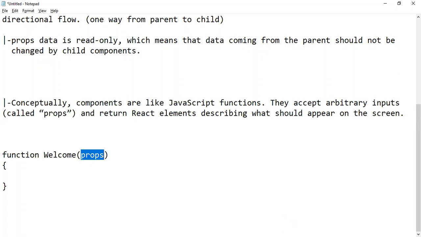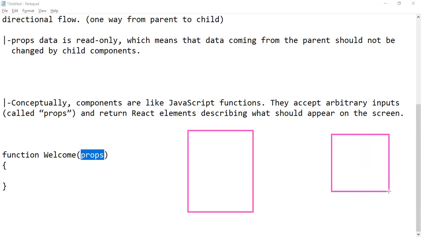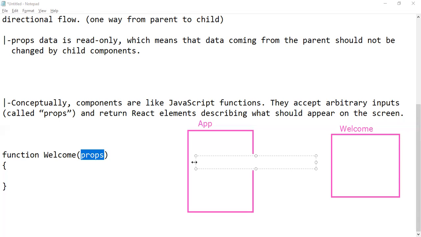So let's understand this point. Suppose we have a parent component, the App component, and another component, the Welcome component, which is a child component. Now we are embedding the Welcome component inside the App component. How can you embed it?